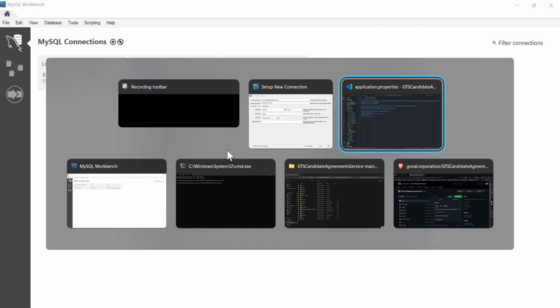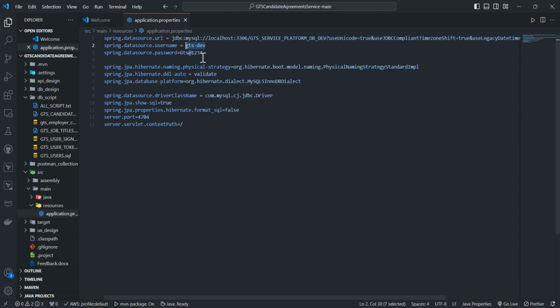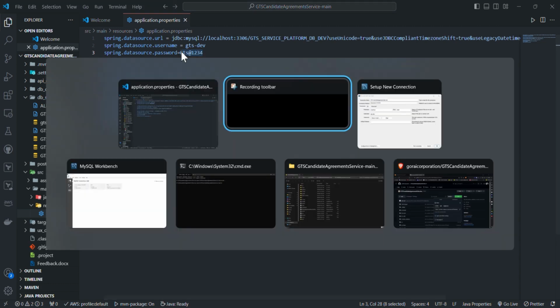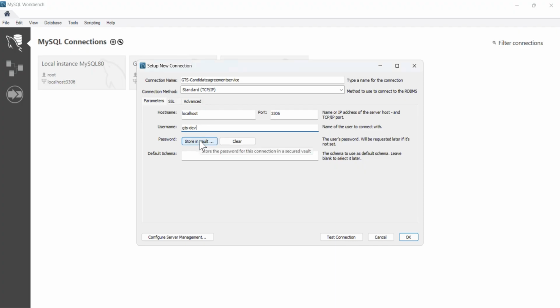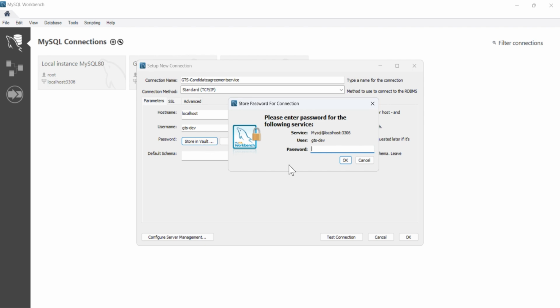For the password, go to VS Code, copy the password, go to workbench, paste it over here,